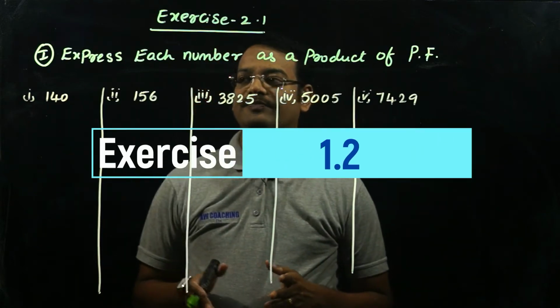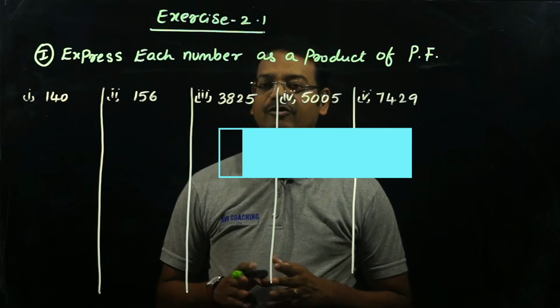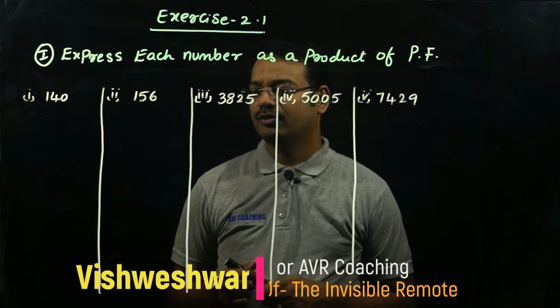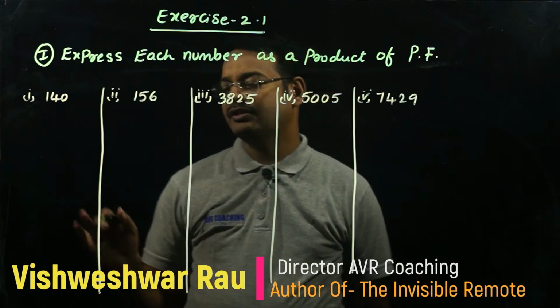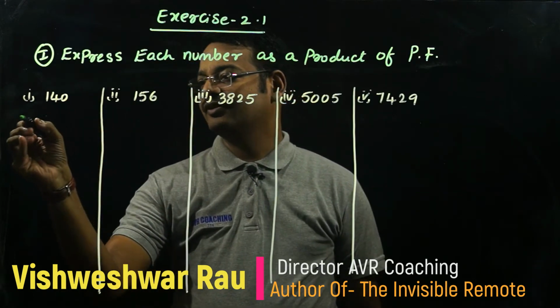Exercise 2.1. The first problem says express each number as a product of prime factors. In these problems we just need to find the prime factors of the given numbers. Now the first given number